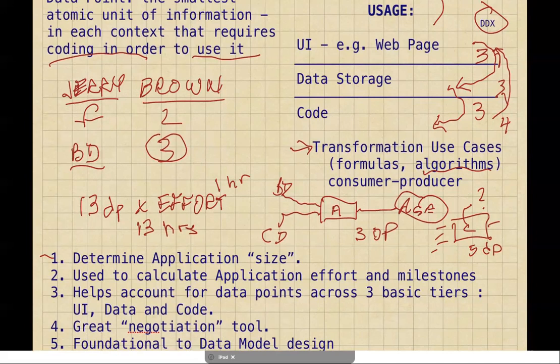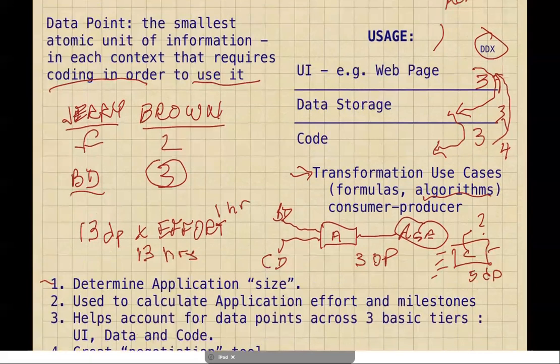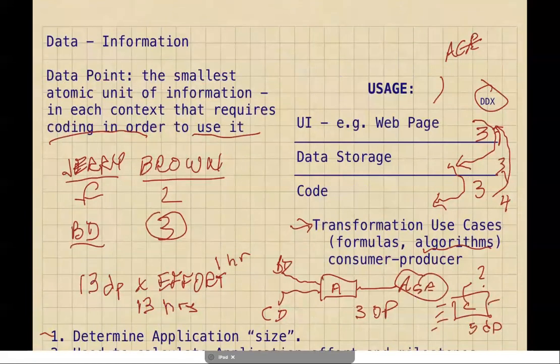Okay. And also using data points helps you account for data points across the 3 basic tiers. So we said we had the 3-tier architecture, whether it's expressed as model view controller or as client, business, data, any of those types of things. You'll see that a lot of people drive their software design from the UI design. On a lot of applications, the only documentation that gets built is the UX designer does a design and they have a web page, and they might have all sorts of little features. Like I said, they have age. They'll put stuff on there that's actually going to take a bit of work